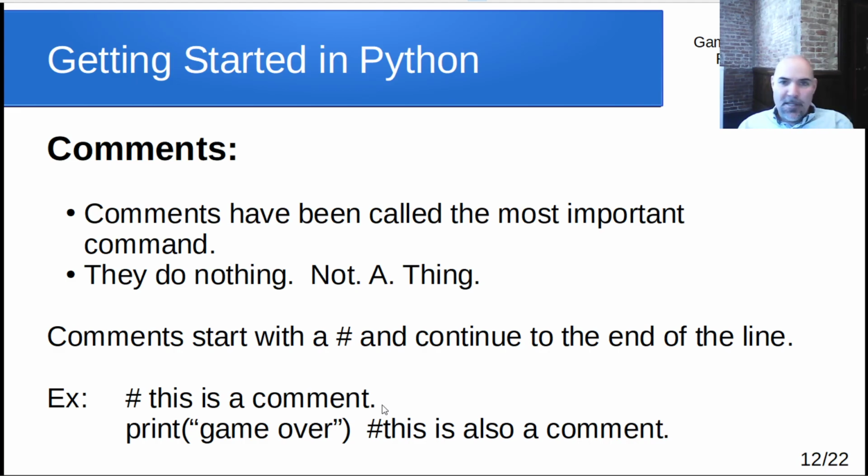And I'm going to tell you that that's kind of ridiculous. There's no reason to do that. And if you write your code well, a lot of times you won't need comments. It'd be kind of self-commenting. The way the code is written, it's easy to understand what it's doing without that. A good example would be this down here, this print game over. There'd be absolutely no reason to write a comment that says this prints game over, because you can tell that